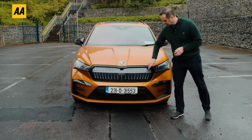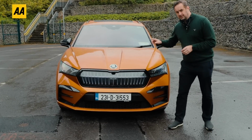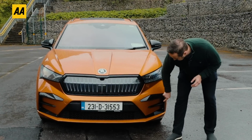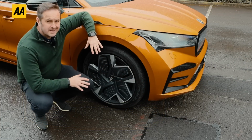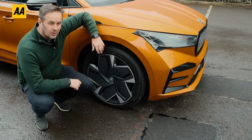You're going to get this crystal grille. You're going to get the black surrounds where there would be chrome on the standard Enyaq. I do like this front spoiler, which is very specific to the RS model as well. It looks really good. Standard on the RS are 20-inch alloy wheels, but these optional 21-inch look really good, and